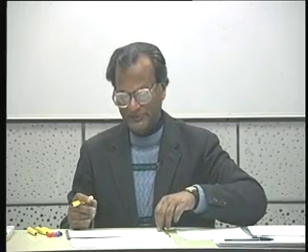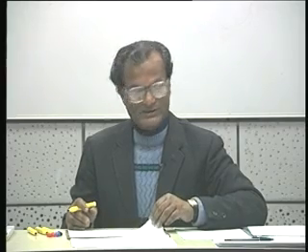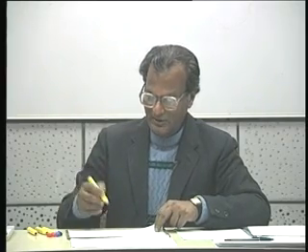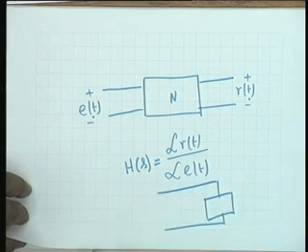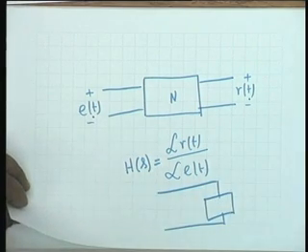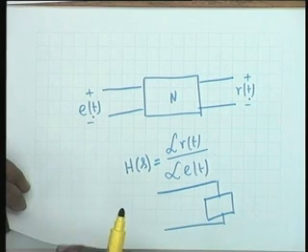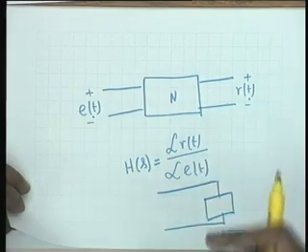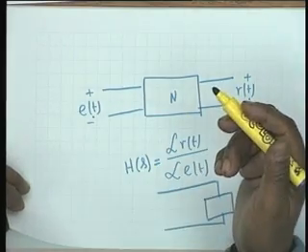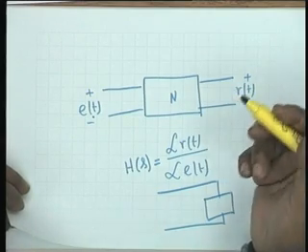We cannot blindly call it a transfer function. For example, if the network is a two-terminal one, all you can do is apply a voltage and determine the current. So the function would be the Laplace transform of current divided by the Laplace transform of voltage, or its reciprocal, and it will have the dimension of impedance or admittance.